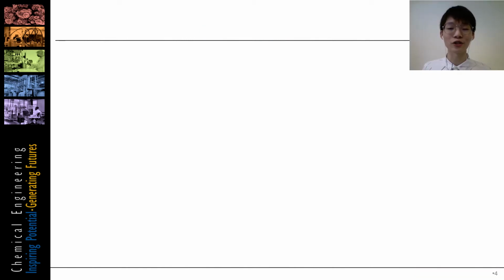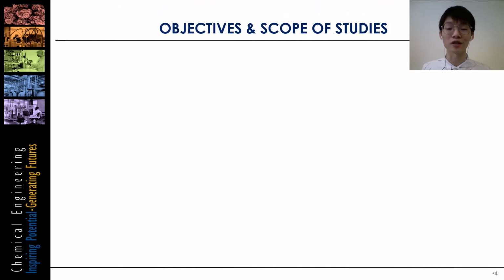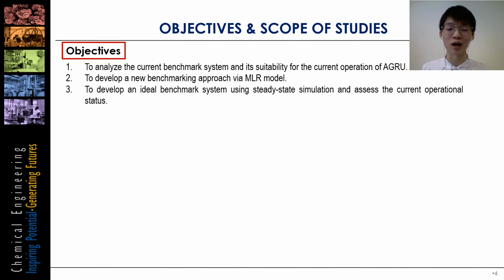Now, let us look into the objectives and also the scope of studies of this project. In terms of the objectives, we have three main objectives that I would like to show you. Firstly, we are going to analyze the current benchmarking system and determine if it is suitable for the current operation of AGRU. Following that would be the new benchmarking approach system development via MLR models. And next, I will build an ideal benchmarking system using steady-state simulation via the software called ICON